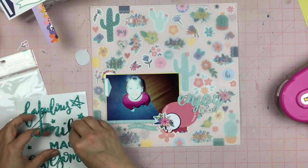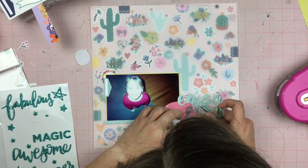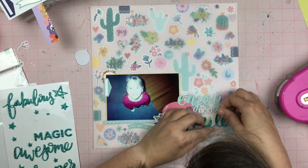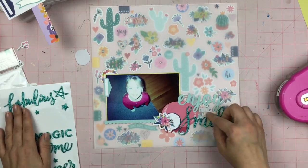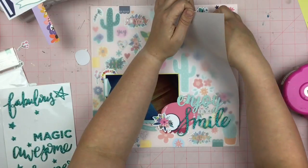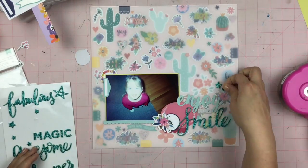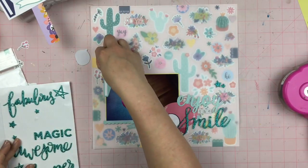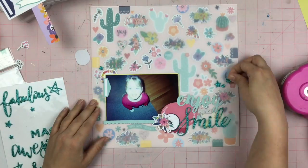And I really feel like you can see the background and you can see how pretty it is, but with the photo and the stuff on top of the vellum, it's almost like, I don't even know how to describe it, guys. I mean, you're looking at it, you can see it. It's like the background is faded, but it's not. I don't know. Anyway, I added some more sparkly little stars around over here